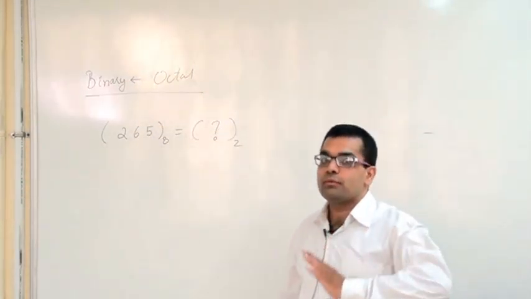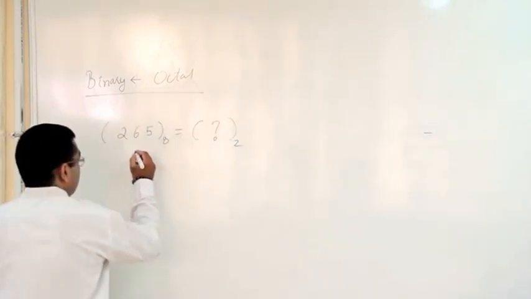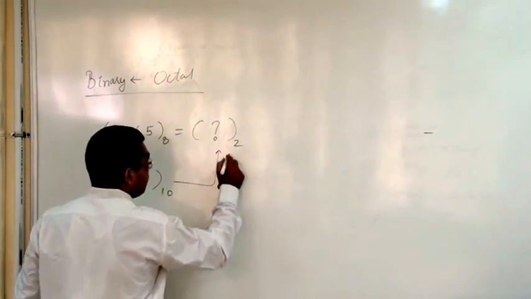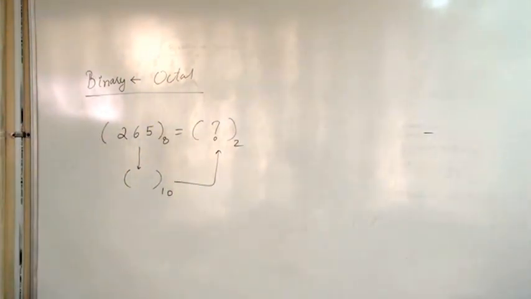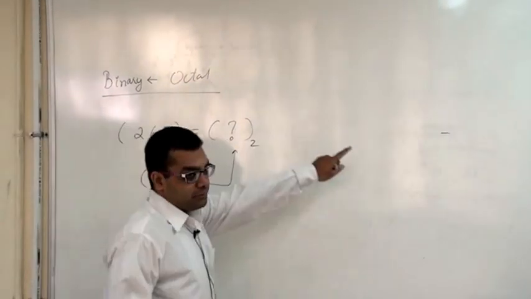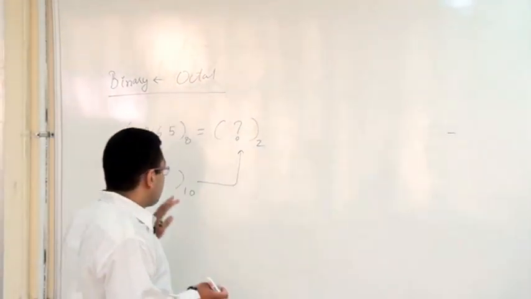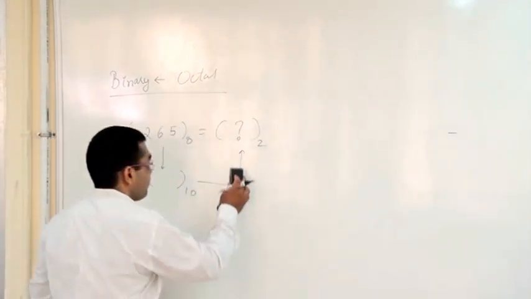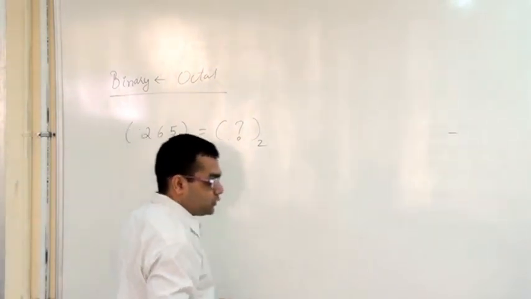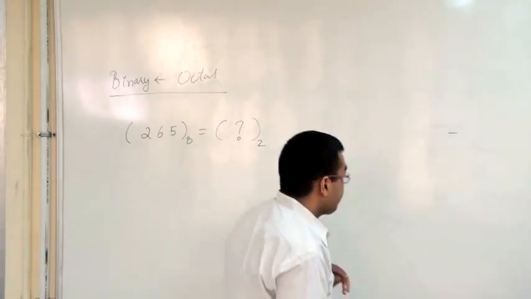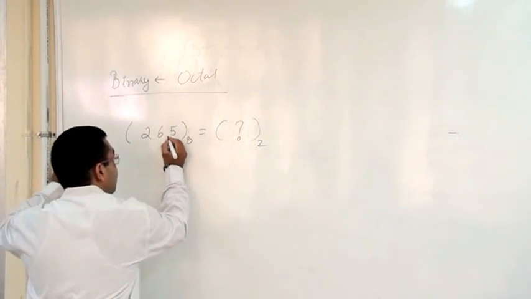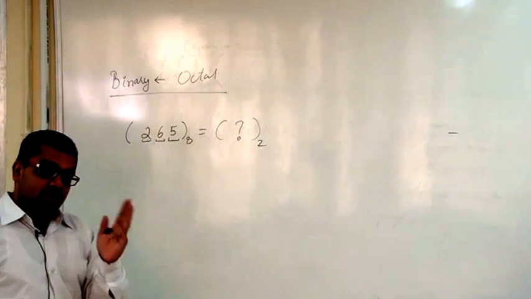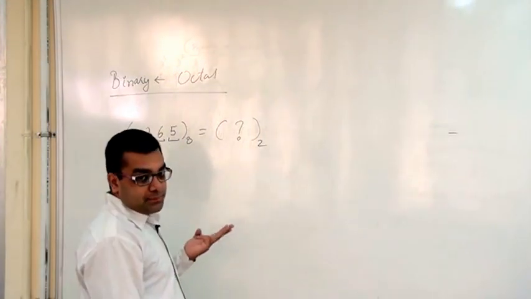So again, 2 approaches. From octal, either you go to the decimal and then to the binary, or we will also go directly. Approach 1 is similar to what we have done, so I will not deal with it again over here. What we will do is the second approach. Here we will represent each and every digit by its 3-digit binary representation.